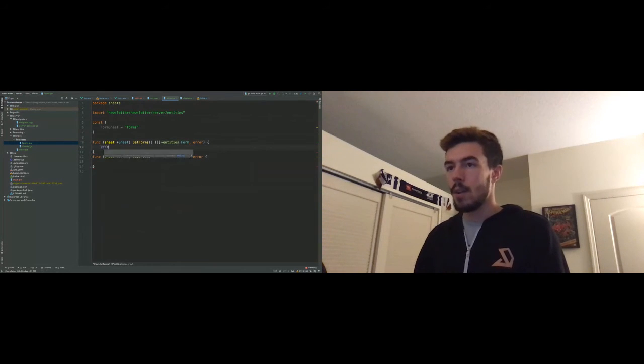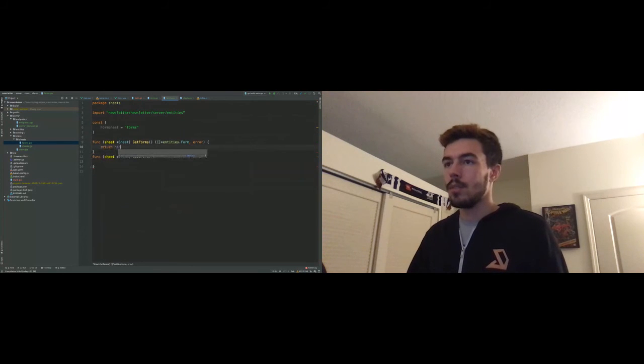Cool. So now we have, and we'll just return nil for both of these for now. Nil and comma nil. There we go. And return nil here. So now that we have these two methods implemented, if we go back to our sheets,